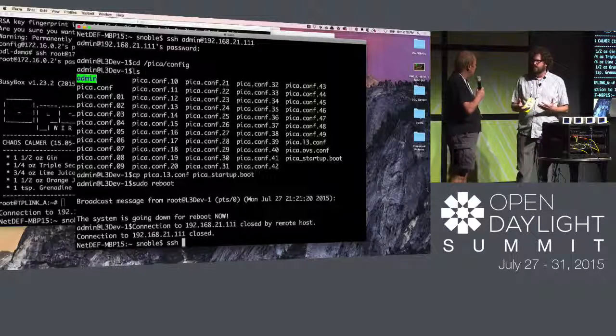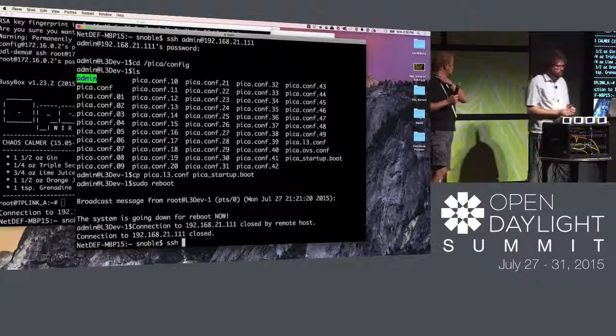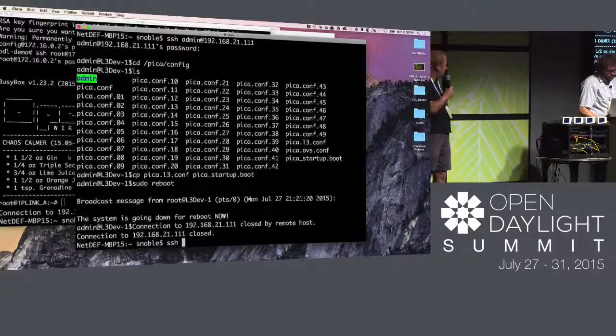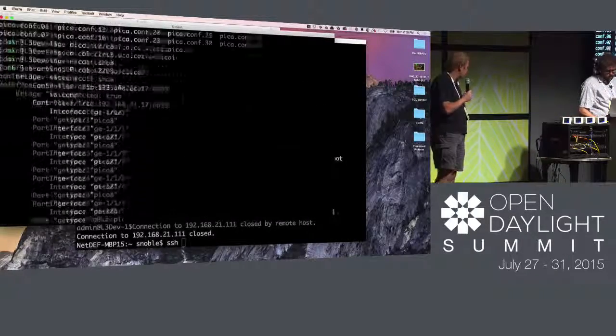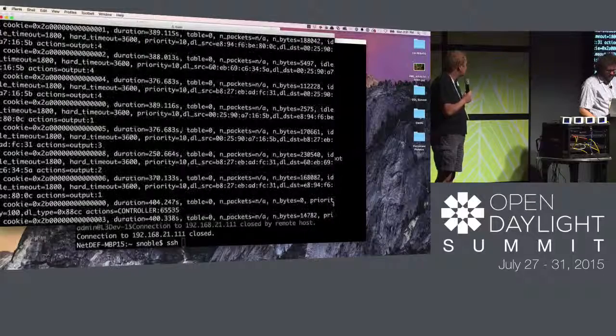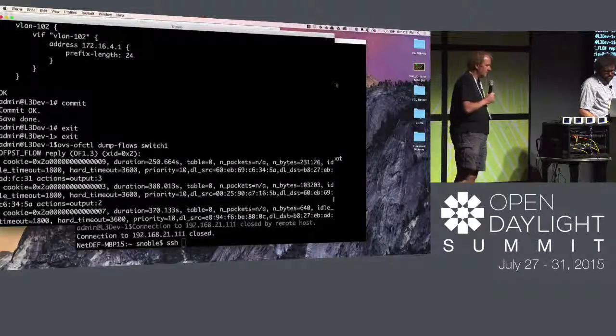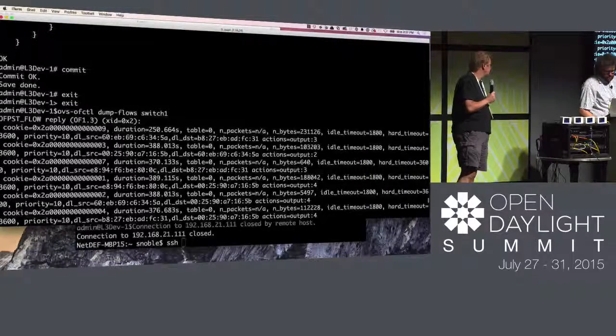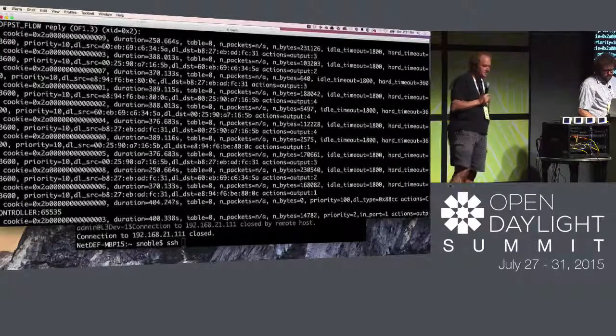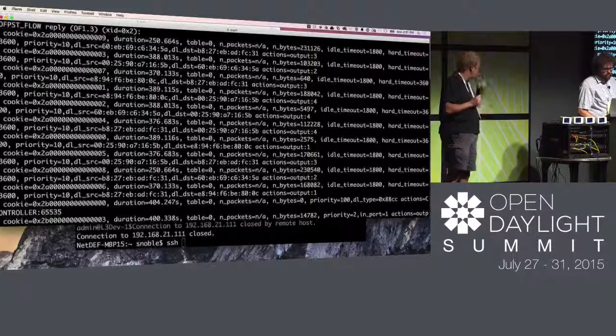Can you show the programmed flows? Oh. Let's see if we can show the flows, how they're programmed in there right now. Well, they're not anymore, because I've rebooted everything back into L3 mode. But here you can see the flows, that we're